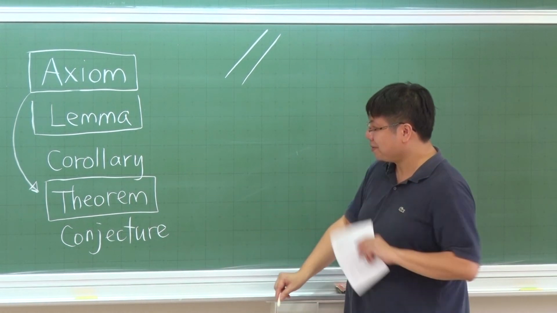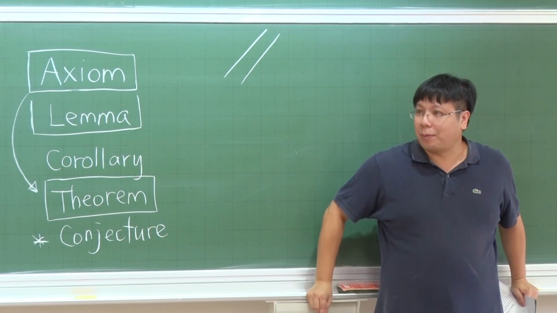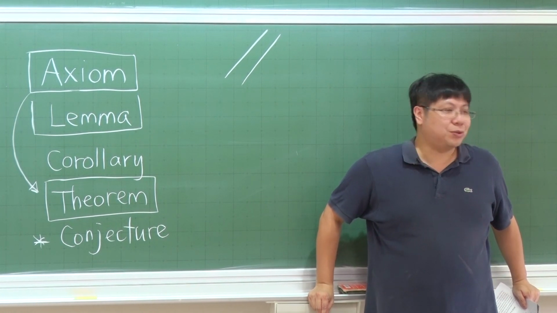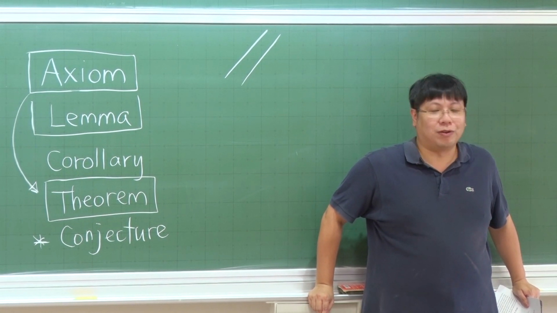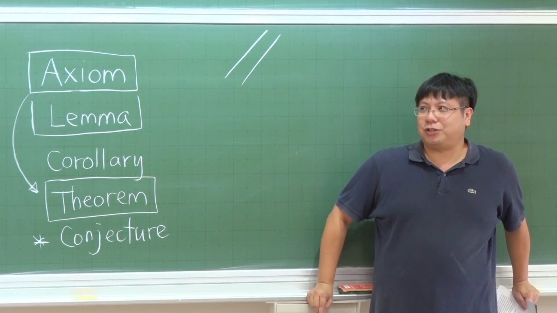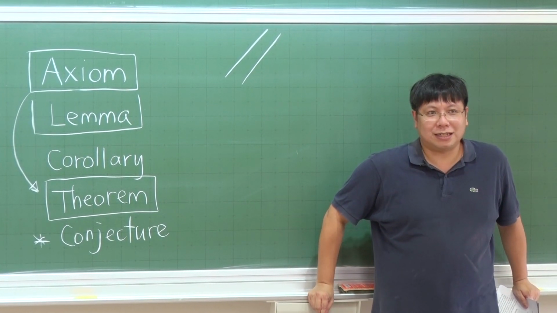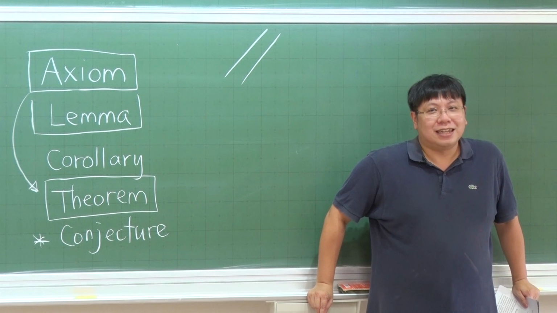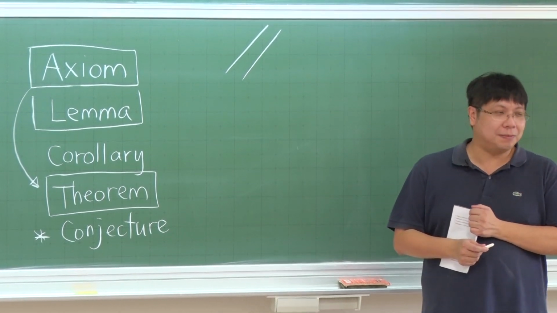Okay. And finally, there is this word, conjecture. A conjecture is really something that is not proven. So nobody knows whether it is correct. A conjecture is something that is likely to be true. But still, nobody knows whether it is true or false. Okay. So you can always say something like, I will be rich. Or, I will have a lot of food tonight. So this can be a conjecture or a guess. But mathematicians do not make conjectures like this. They try to make some conjecture that is influential or that has some